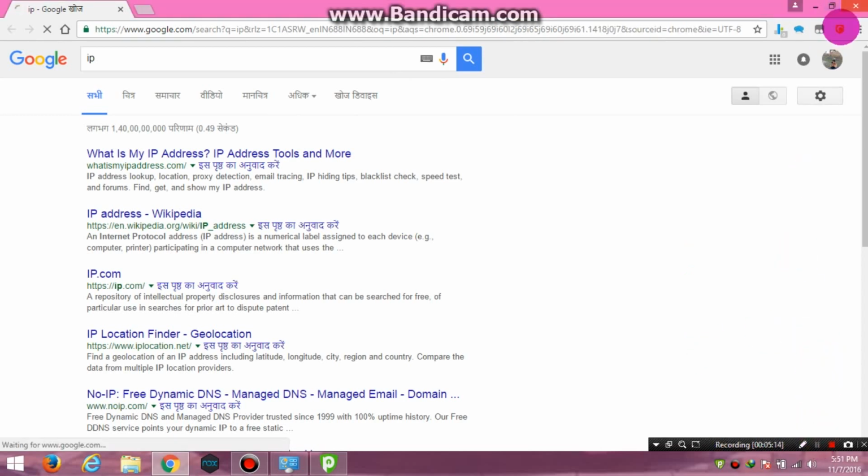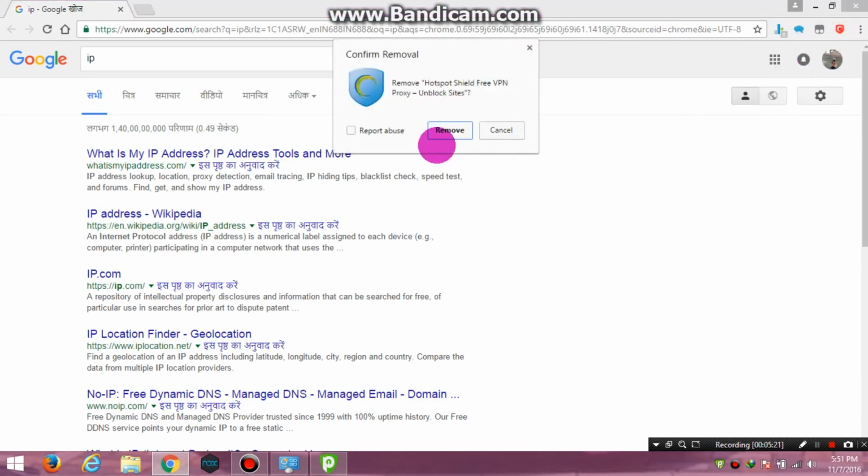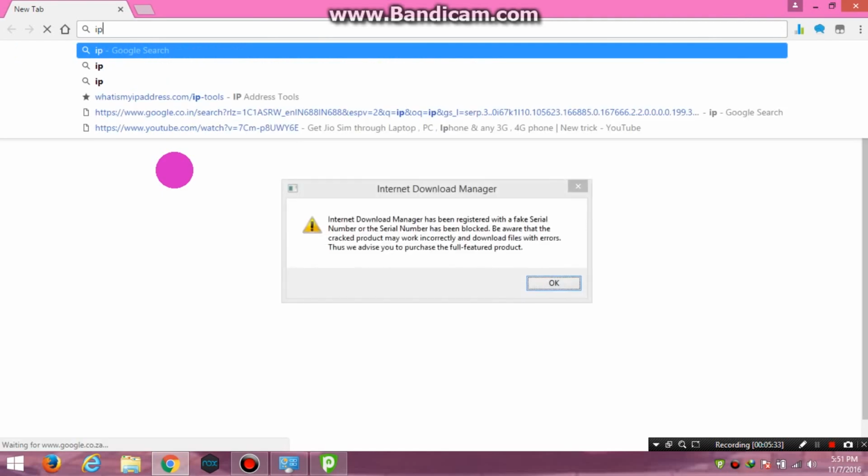It won't work until you disable the other extension. So first of all, I am removing this extension, and after successfully removing, you must restart the browser, and after that you must search IP.